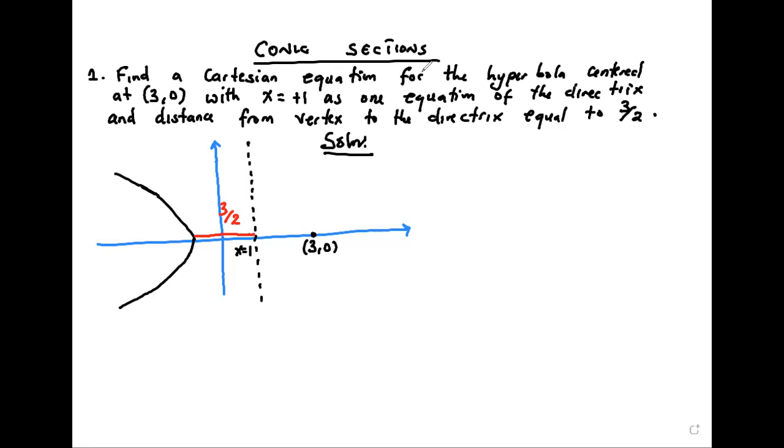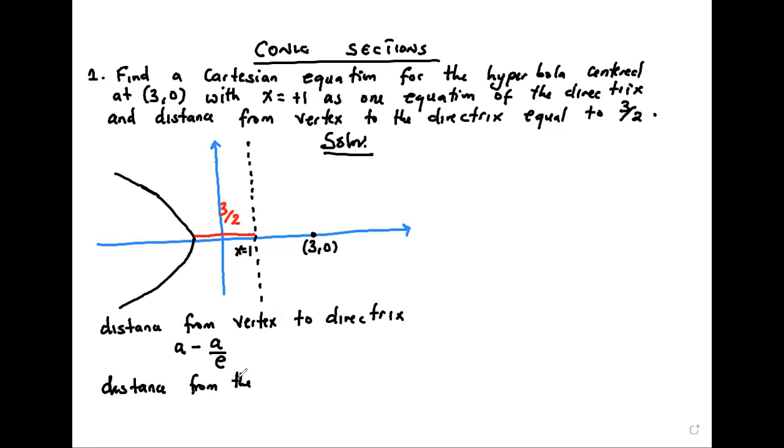Now, if you are asked to calculate the distance from the vertex to the directrix, it is given by a minus a over e, where a is the distance from the vertex to the center. This is the distance from the vertex to the directrix. The reason why we're subtracting a over e is because a over e is the distance from the directrix